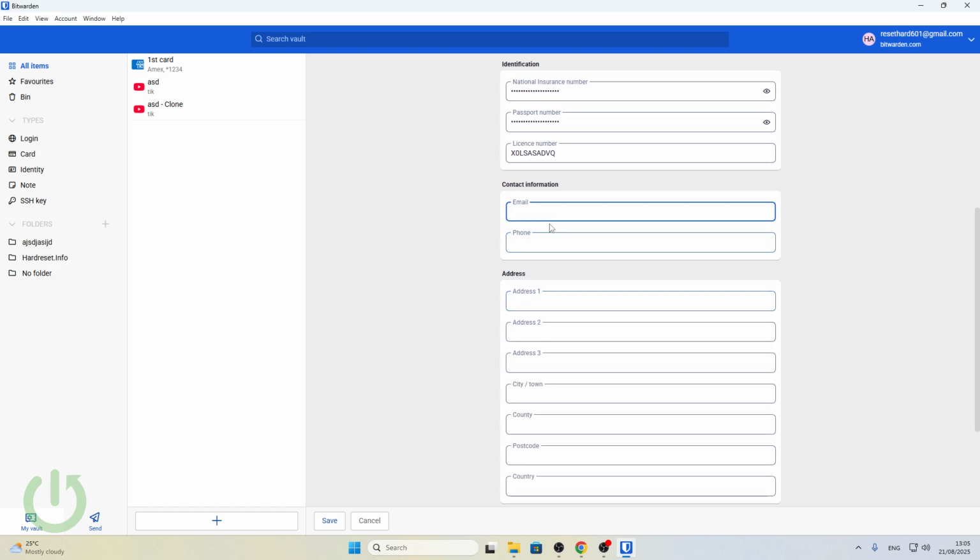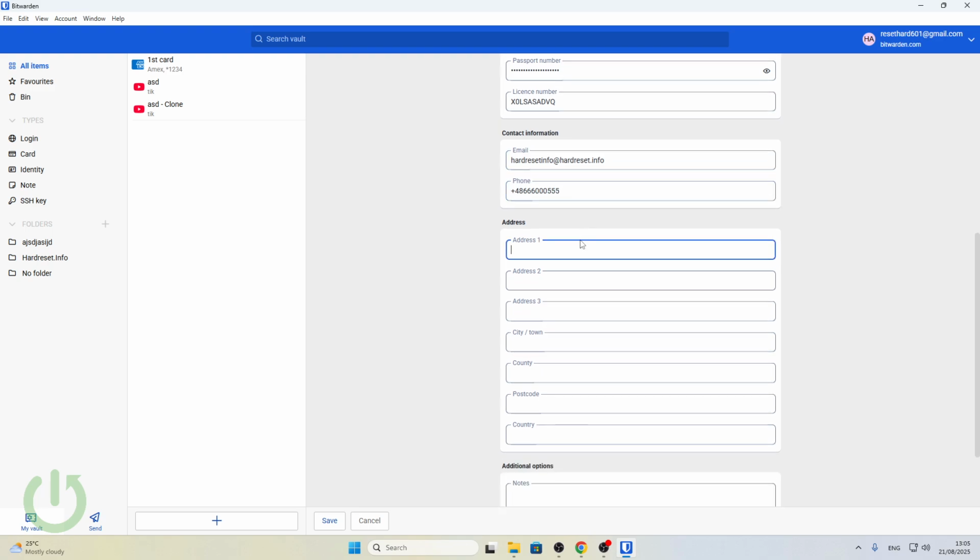Now here we have the contact information. So as you guys can see, I can just do that. And now here we have our phone number. So for example, I'll do it like that. Now I'll have my phone number and the email. Here we have the address. So for example,